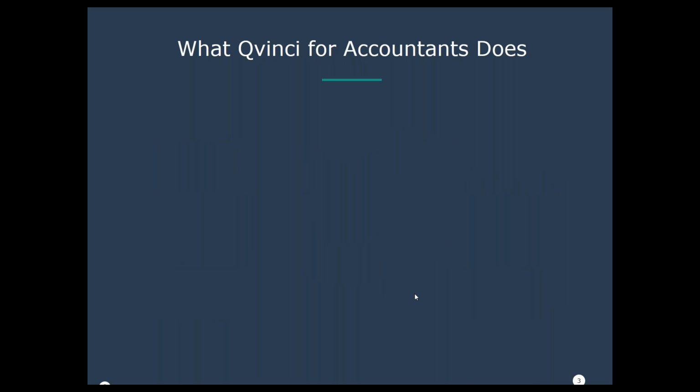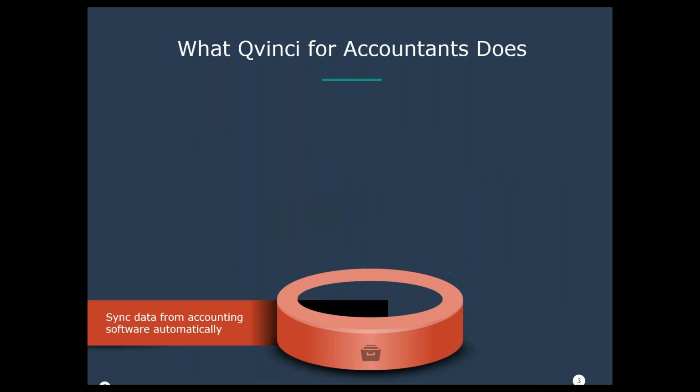So what does Qvinci for Accountants do exactly? Well, we start by syncing data from your accounting software on a daily basis, or oftentimes daily basis, with the idea of giving you as up-to-date as possible information to work with within Qvinci, and really unifying your reporting environment so that you're no longer having to have yourself or your team members logging into various remote desktop servers and then logging into QuickBooks and then logging into a QuickBooks file. The idea is you log into Qvinci once,